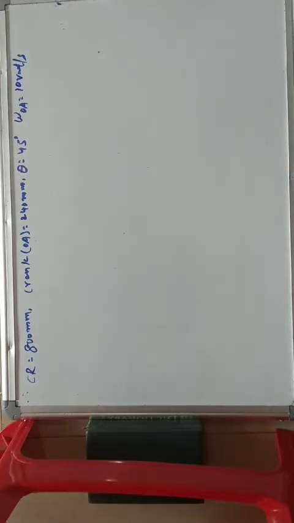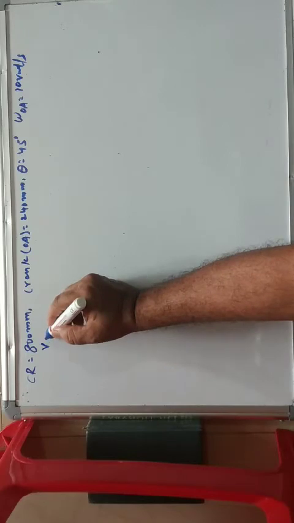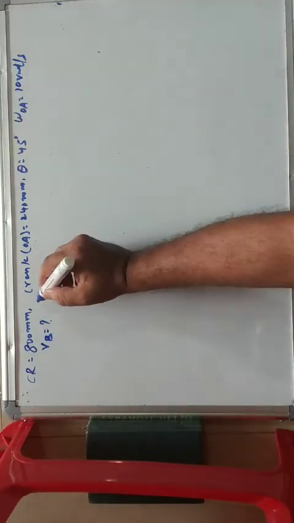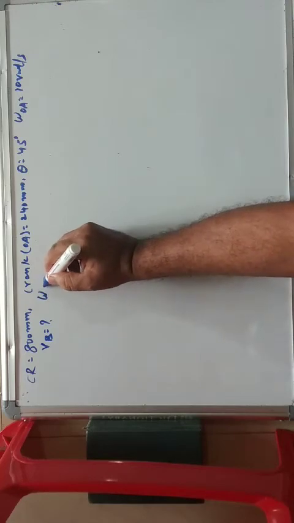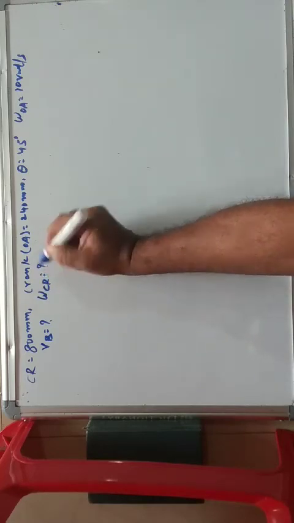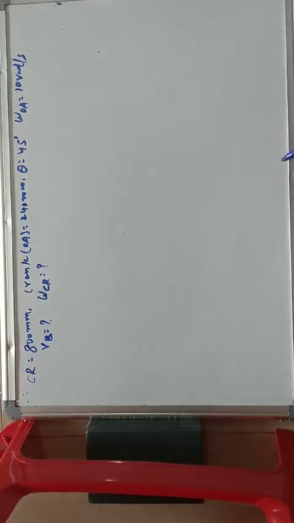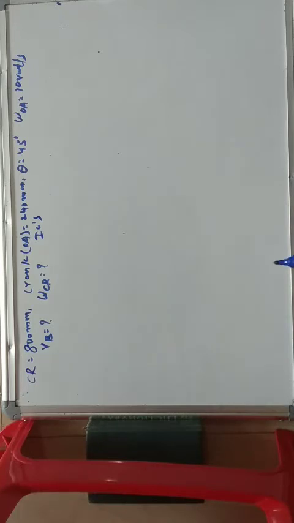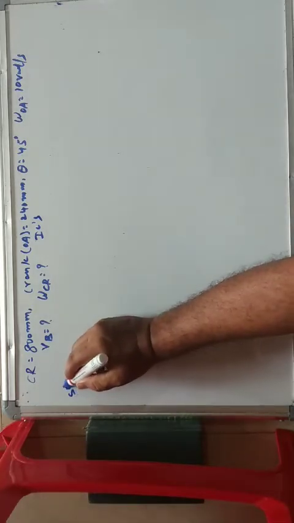We are supposed to find the linear velocity of the slider, then the angular velocity of the connecting rod. And first and foremost, we have to find all the instantaneous centers, right? As usual, when you start the solution, the first thing is that we try to draw the displacement diagram, right?